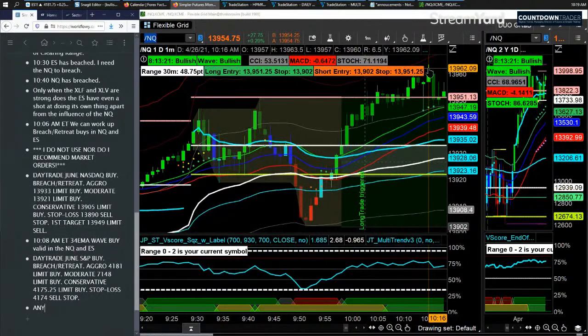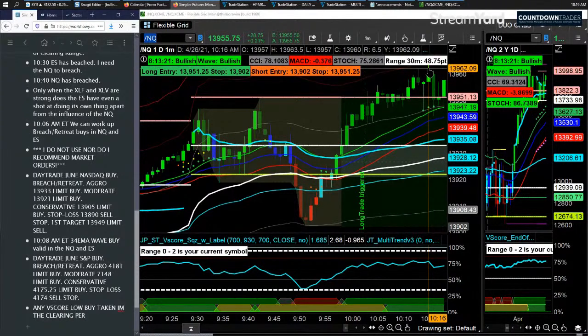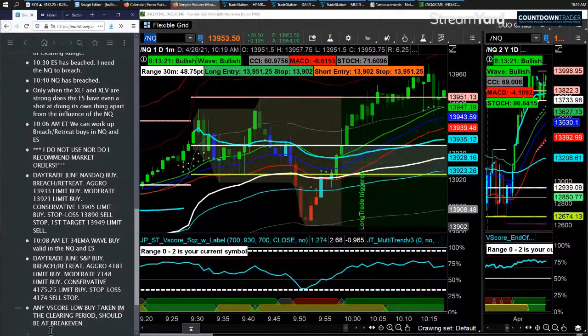So right now, any V-score low buys taken in the clearing range, during that clearing period, should be at break even. Meaning whatever you paid for those options, you're not really seeing much. Okay, so anything you took before 10 in the clearing range, that clearing period, should be at break even because